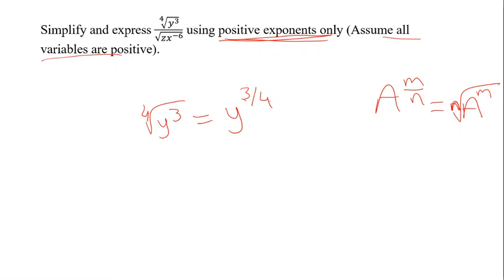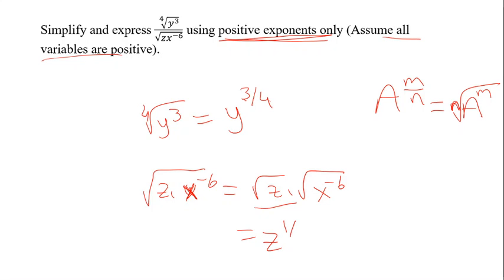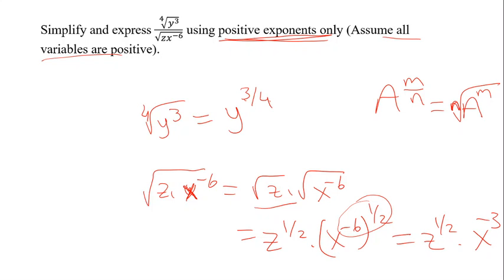And the other one is the square root of z times x to the negative 6. So you will write square root of z times square root of x to the negative 6. You can write this one as z to the 1/2 power, and this one as x to the negative 6 to the 1/2 power, and you can multiply them: z to the 1/2 times x to the negative 3rd power. So then you can write